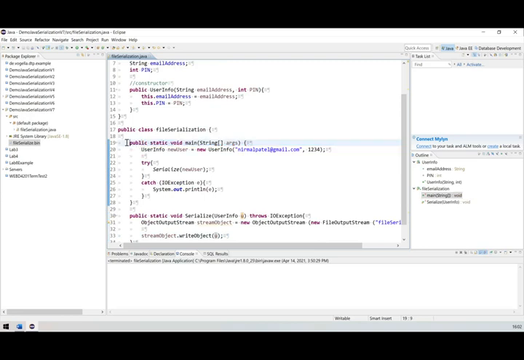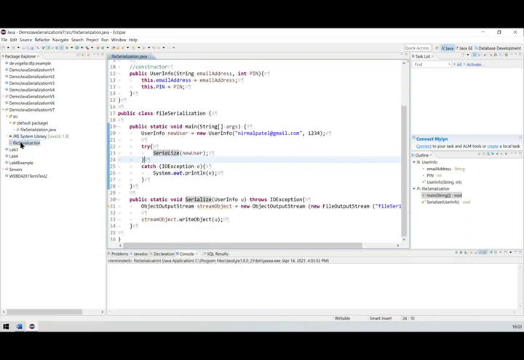Now in the main method, I created a new user and gave two pieces of data: first is the email address and the second is the PIN. Now it's a try catch, so whatever the error is, it's going to be caught here, and this is the method. Now let's run this and see what happens.